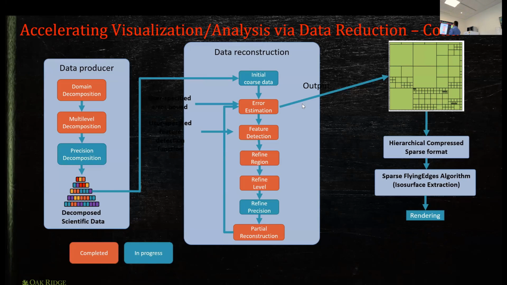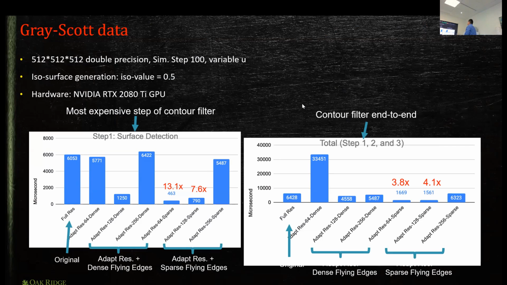And I apologize, I didn't notice that there's black letters on the black background, so I bet you can't read that. But it's not so important. What we tried to do is look at this hierarchical compressed sparse format and rethink the algorithms with this new way of storing through this reduction. And what we find is that in general, we can get different kernels to be much faster. So in terms of the whole thing, we're finding we can get something like a 13x reduction, depending upon different accuracies.